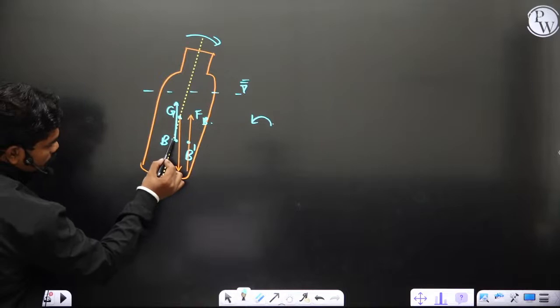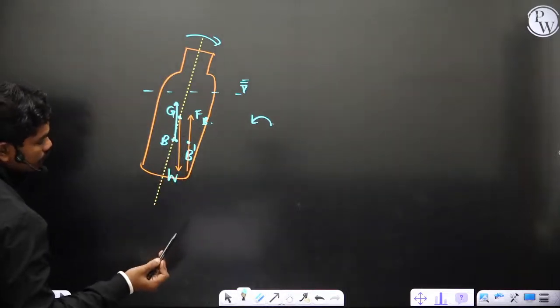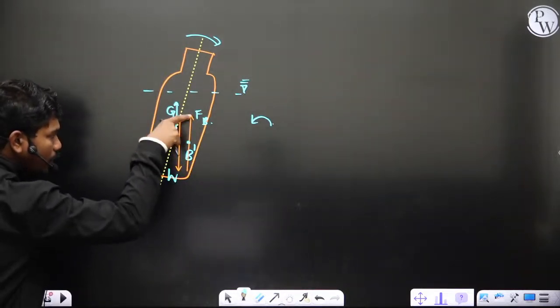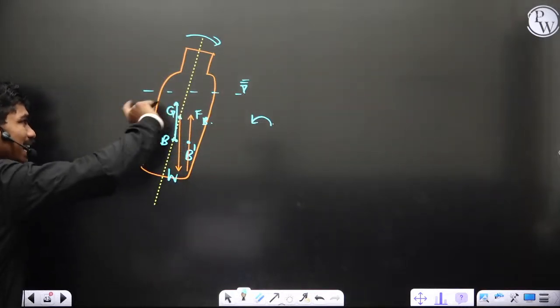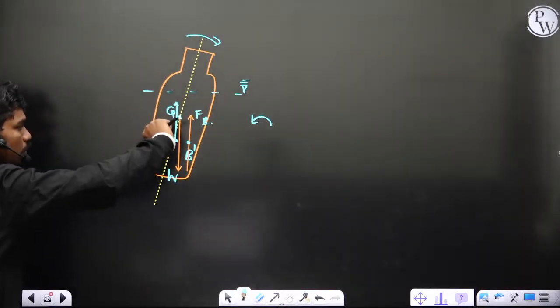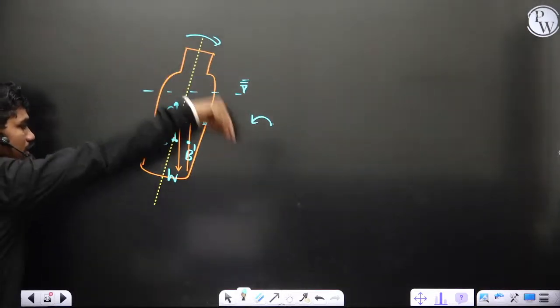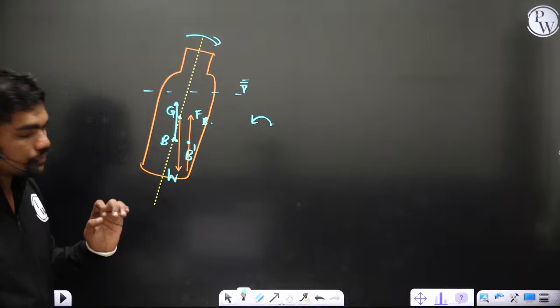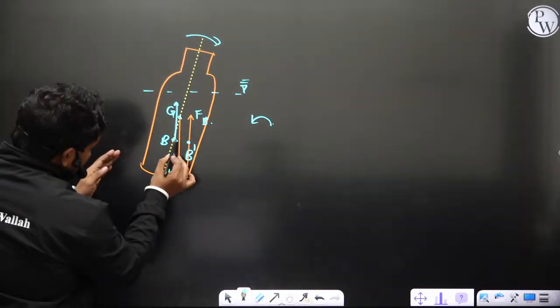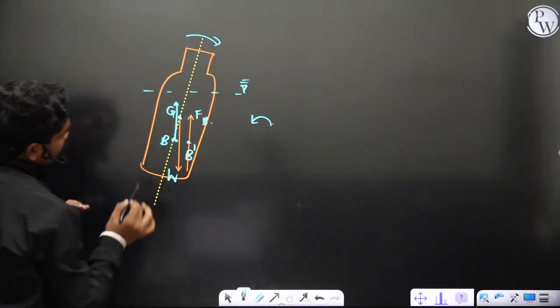Because if this B moves on this side, then definitely this total moment due to this weight and buoyancy is creating an anti-clockwise movement. But in this case, this buoyancy and gravity are creating a clockwise movement, and it's further tilting the body actually. Okay, so therefore you can understand, since the stability is dependent on this B, in actual case what's happening,